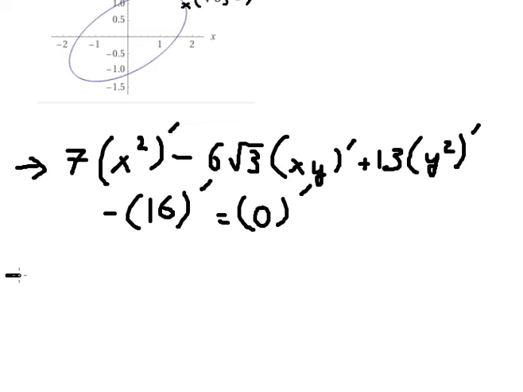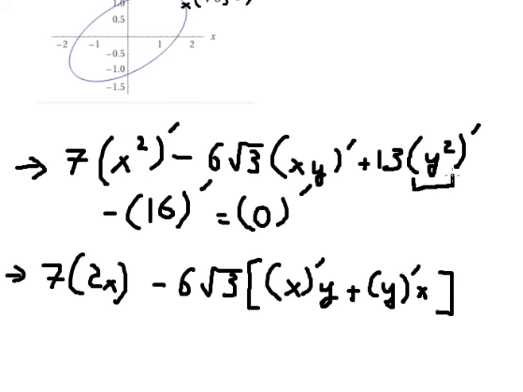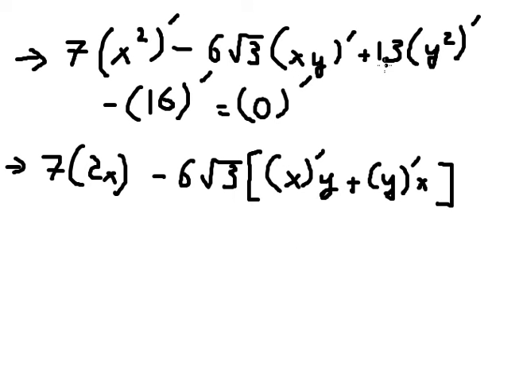So this one we have to ask. This one, we need to do first the derivative of x multiplied by y. Later, we need to do the derivative of y multiplied by x. This one we have y squared, and we know that they have y. So when we do first the derivative of this one,